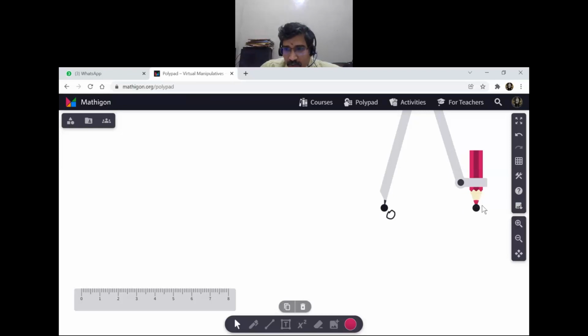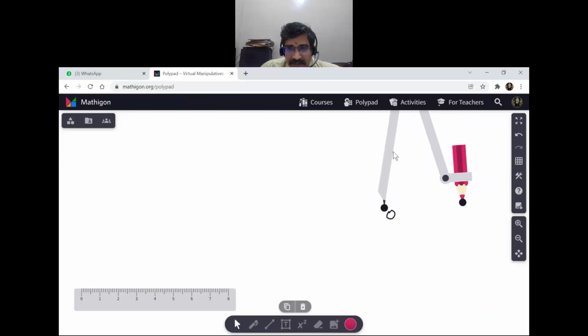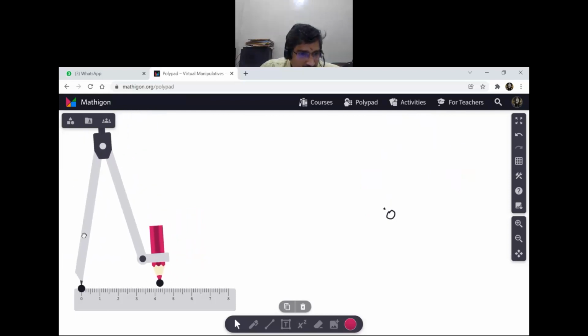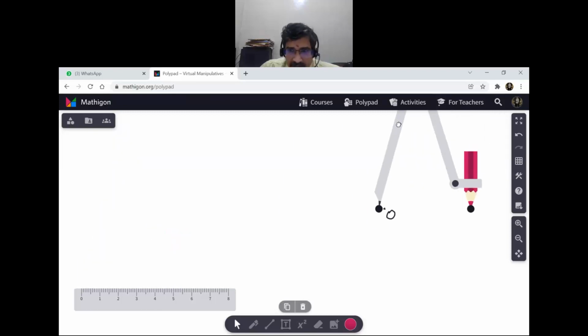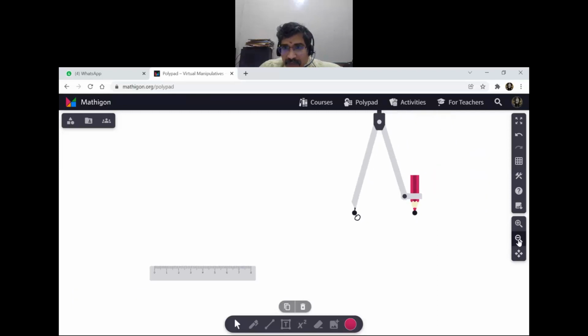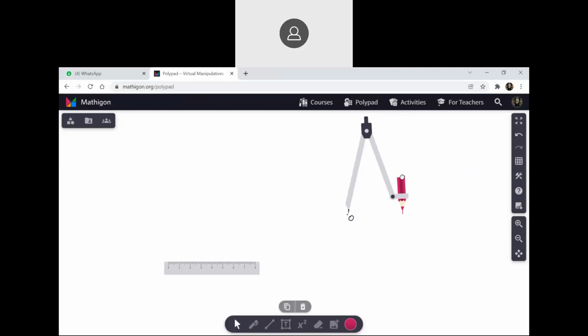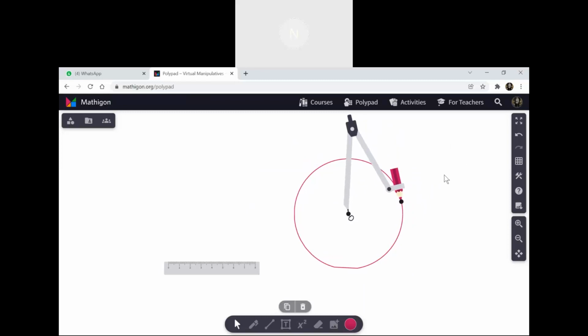Then I will rotate it, drawing. See this rotation, while you should not lift, it has changed. Let's go for taking it properly. It has changed. Let me once again take it correctly. I took the metal end on the O. Now I'm going to rotate. Keep the hand on the pencil. Now I made it clear. This is the circle.